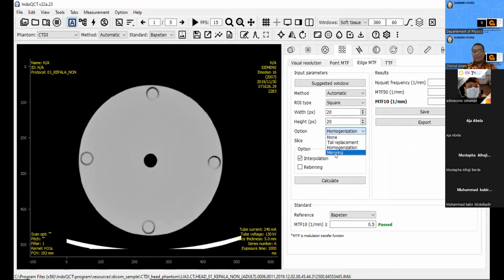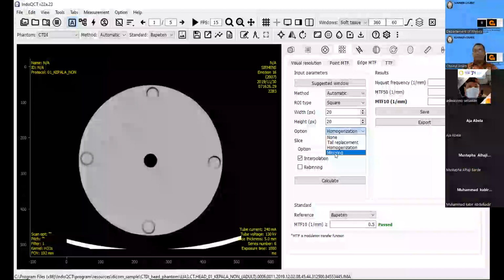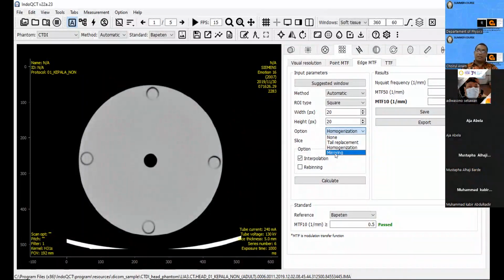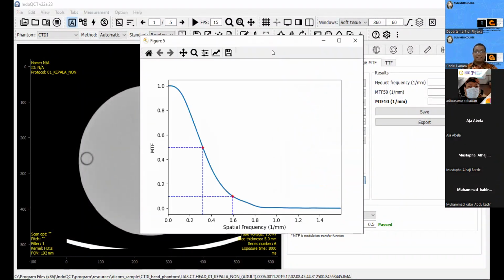And of course, we have another method, mirroring. It means that we cut our ESF at the middle, then we rotate, and then we combine again. This is the mirroring, by mirroring the ESF. We try together using the mirroring. This is our result.